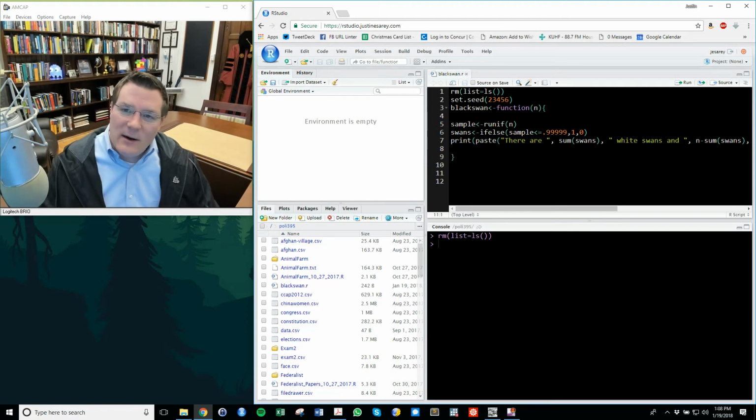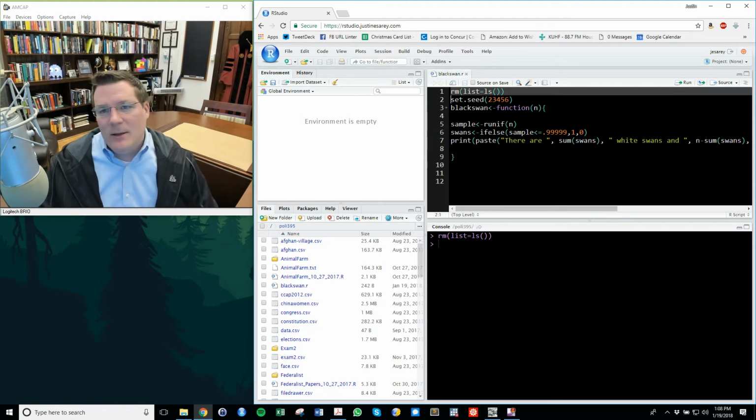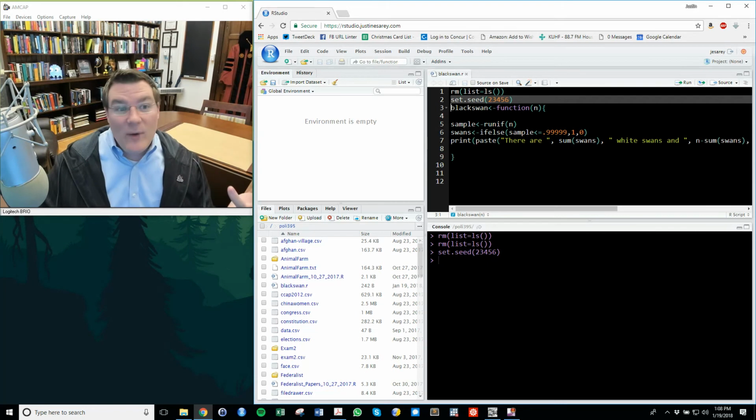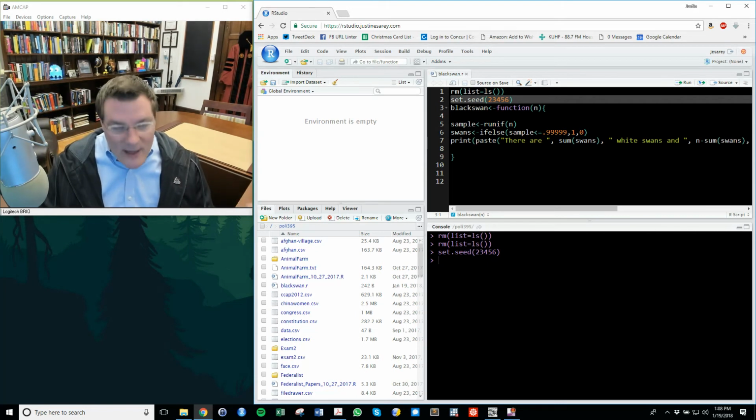So what I've done here, of course, this first line just erases anything that might be in memory. The second line makes sure that our random number generators and our computers will all produce the same answer. So if you set the random number generator seed to a common value, and then we execute all the same commands in all the same sequence, we should get the same answers, even though we're drawing some random numbers in this simulation, because we've basically pre-initialized the number generator to start at the same place, if that makes sense.